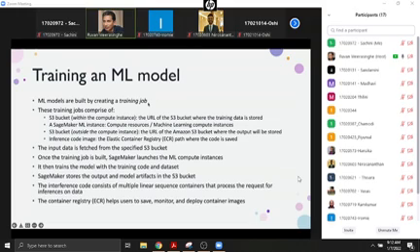Models are trained by starting what is called a training job, and the training job consists of these things: an S3 bucket within the computing. That means we can, in our virtual machine, create an S3 bucket.